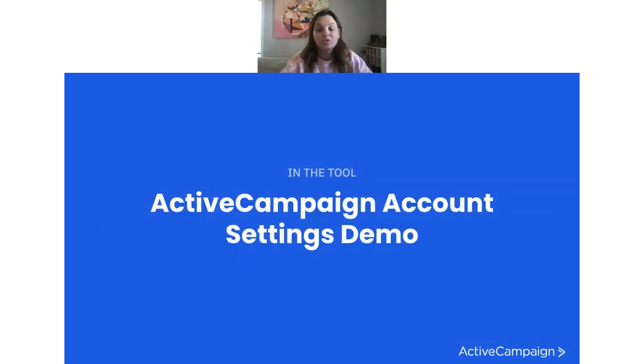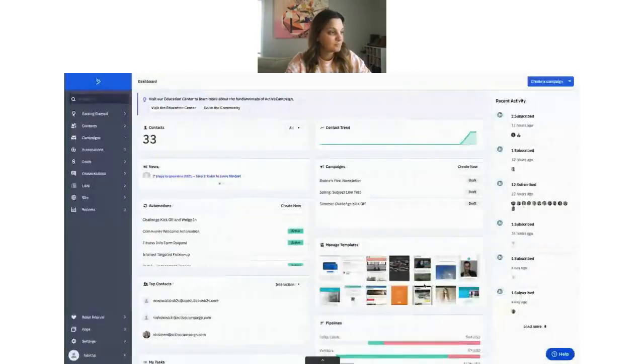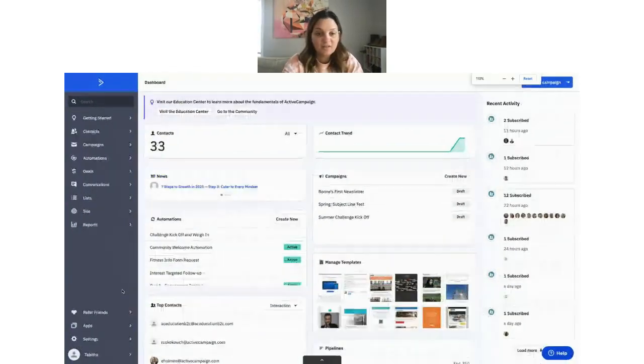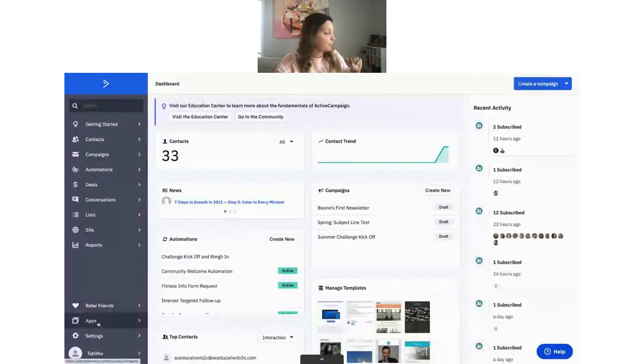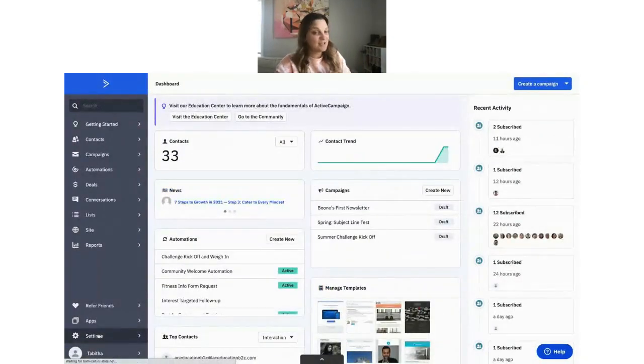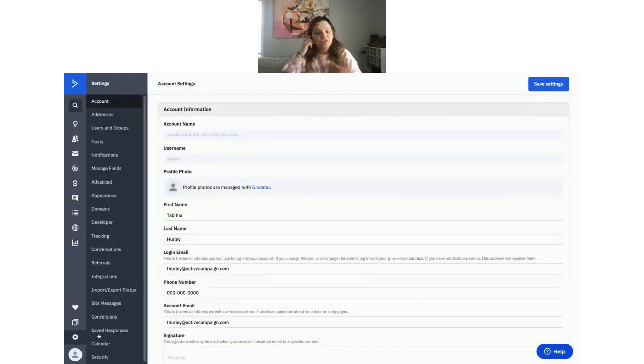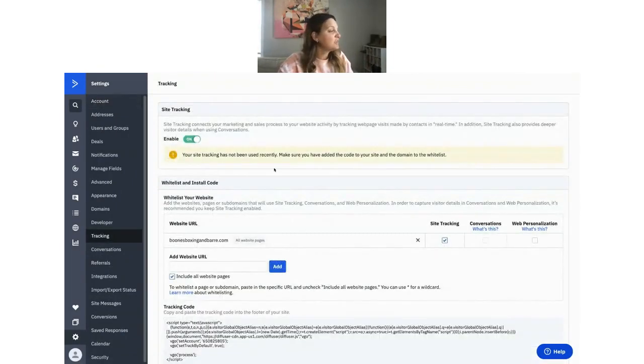But what we're going to do is we're actually going to dive into the tool, and I'm going to show you what site tracking looks like. So what we're going to do is, and let me just zoom in on this so everybody can see it a little bit better. We're going to go to settings in the bottom left-hand corner of the screen. As we get to that page, think about your website, think about the other tools that you're using. What we're going to do is we're going to go to tracking,